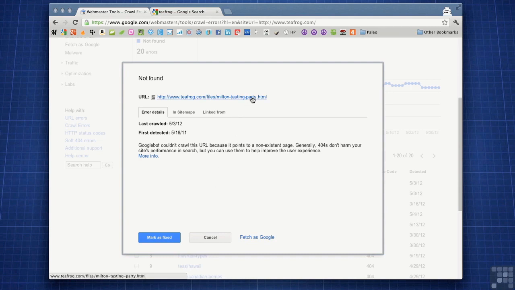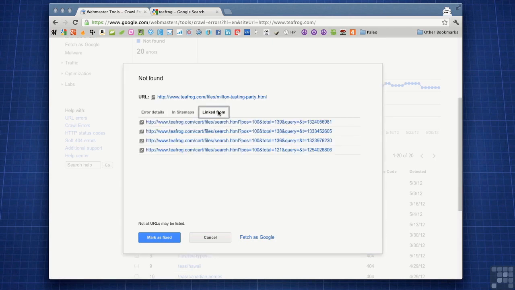Now, one of the incredibly useful features of Webmaster Tools is the linked from tab. So here's the URL that we know is 404ing. It would be incredibly hard to go through your entire site and figure out what pages are linking to this. Well, Google is going to tell us right here. So here